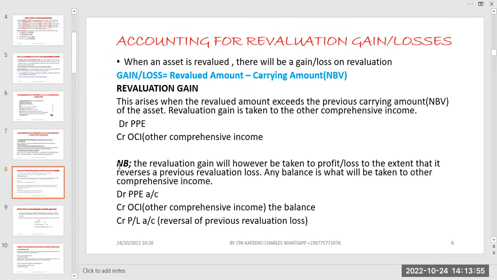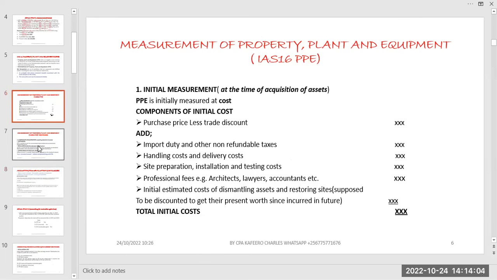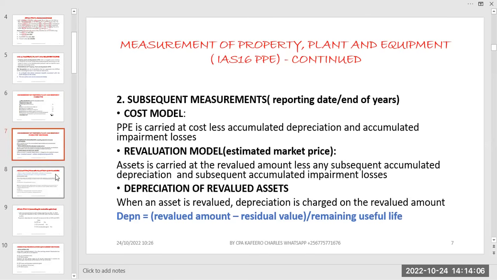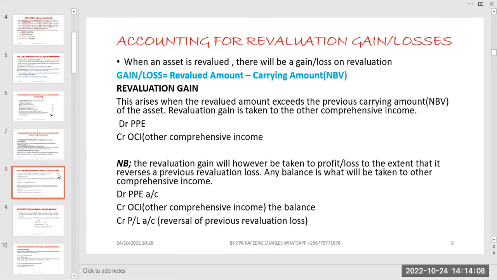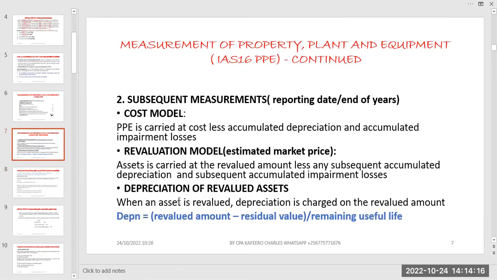Okay, let's try to look at the items of revaluation, and we try to look at how we can account for the revaluation gains and losses. We said that when you are doing the revaluation, the asset is either going to have a higher value compared to what it had before,